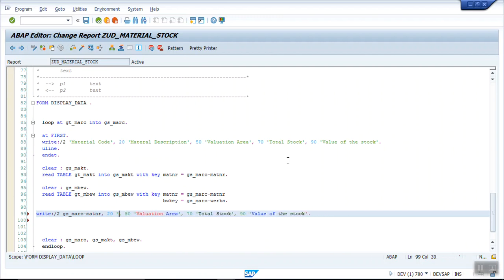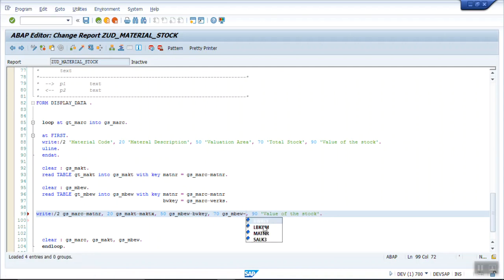So here I will write GS_MAKT-MAKTX. My valuation area I want to print from GS_MBEW, so here I will write GS_MBEW-BWKEY. Then total stock is again from the same work area, GS_MBEW.